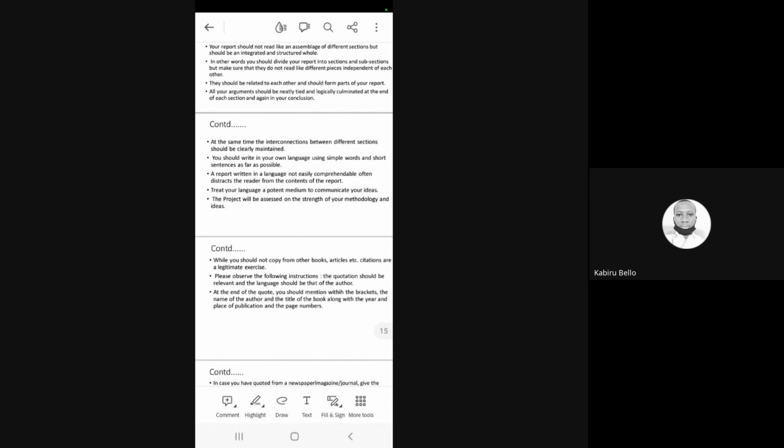Okay. So you should not copy from other books or articles. Citations are a legitimate exercise, so it should be ethical. See, suppose I have written a paper and you think that paper would help you in your project. Then you have to quote: this is the author, and she has mentioned this in this particular journal, with the publication date.